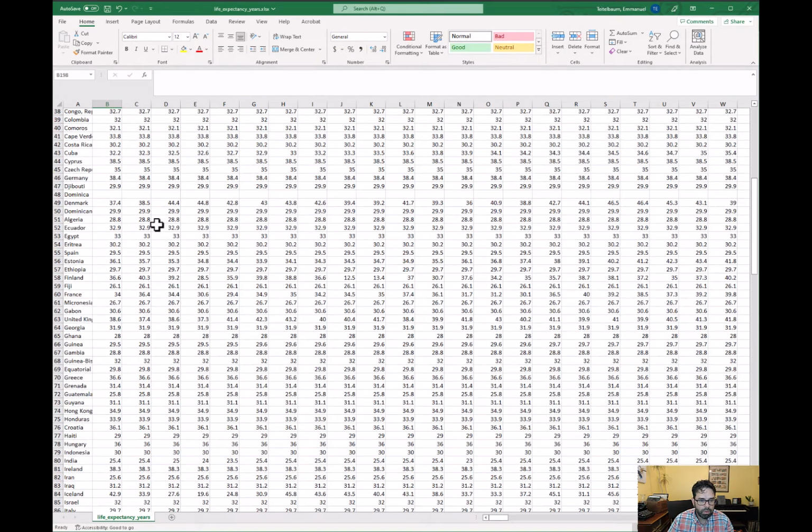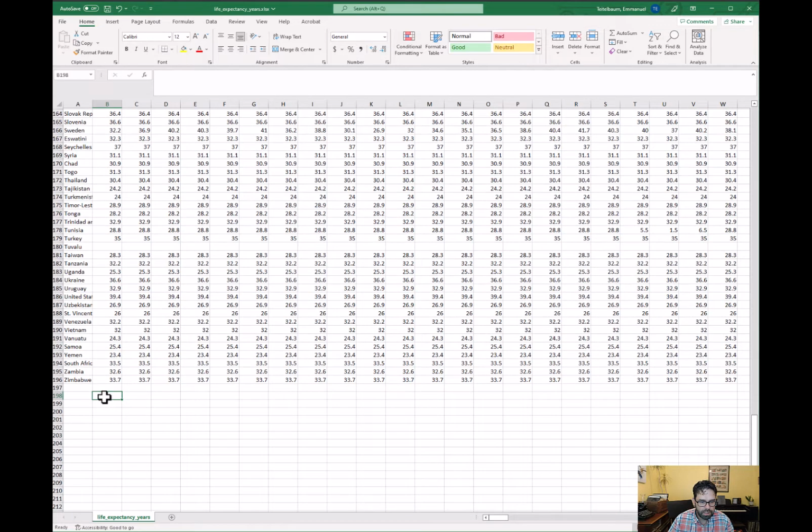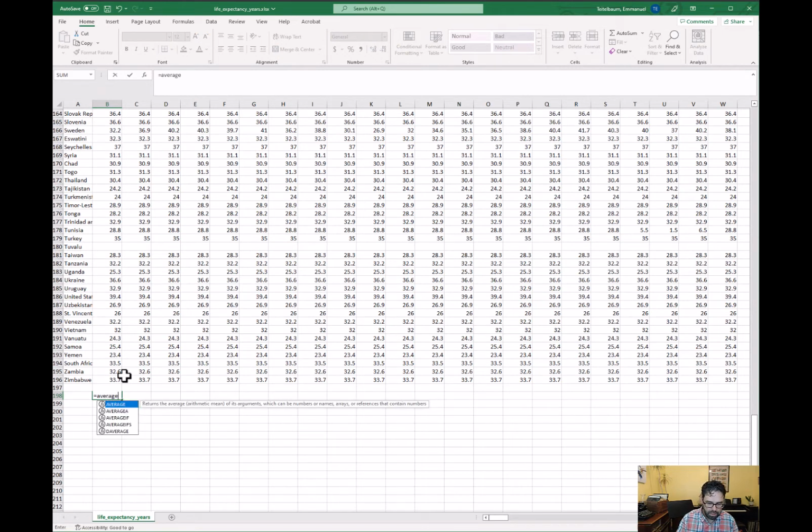Okay, from here what we want to do is just to take a basic function to get some experience with that. And what we'll do is we'll just start off with an average, equals average. Any function you apply is going to start with an equal sign, then the name of the function, then an open parentheses, and then the cell reference. So here we want to go from B2 to B196,